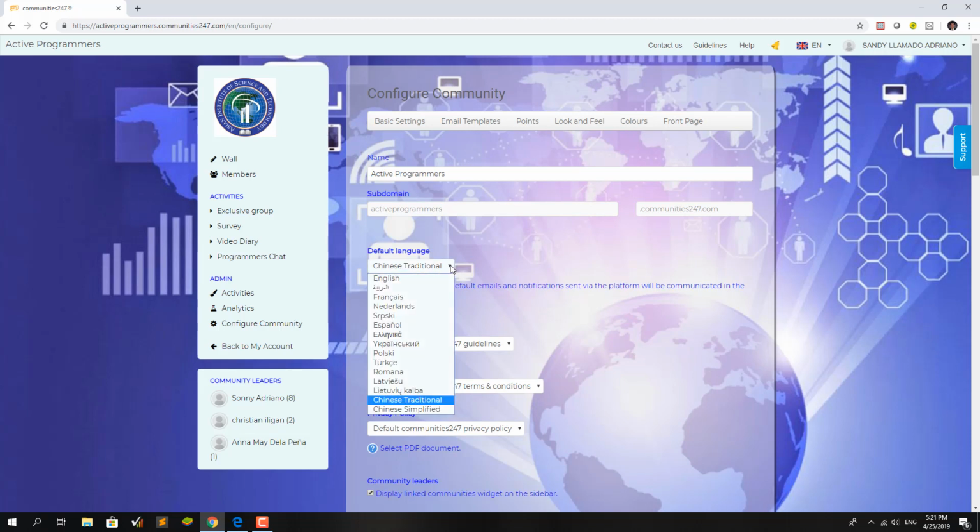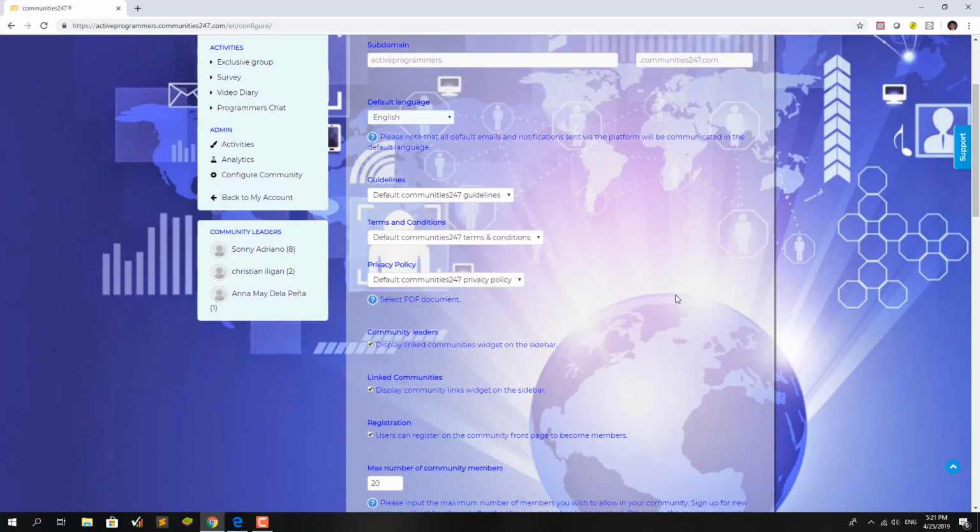You can choose the default language for the community. You have your English here, French, Thai. All the supported languages are listed, and you can also set the display of the community leaders if you like. This will most likely encourage the different members to participate more so that their names will be listed in community leaders. You can also have it as a link community, and the link of the community will be listed in